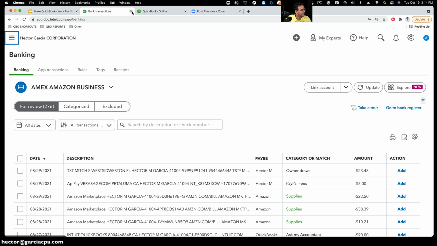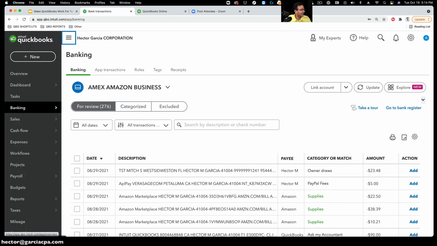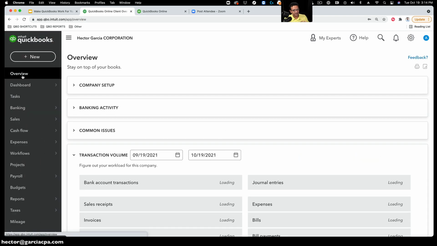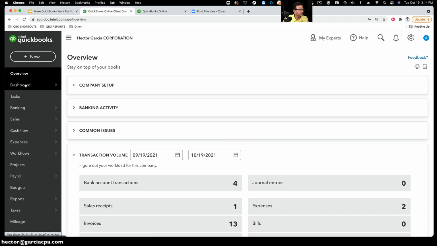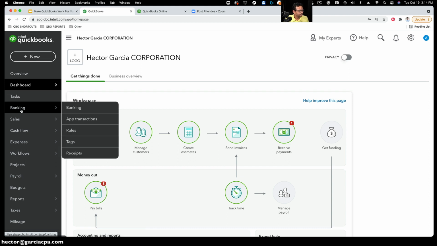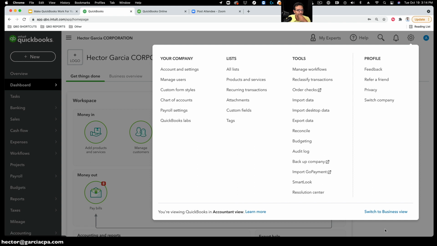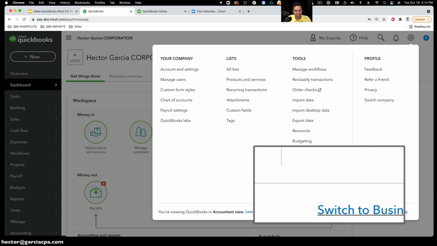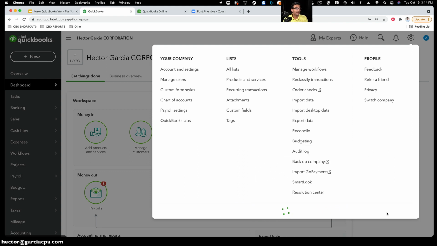So I'm going to go ahead and log into my QuickBooks Online, and I'm logged into a QuickBooks Online test file that I use to do demonstrations. This is what QuickBooks Online looks like if you've never seen it before. When you go into banking, and actually, I do want to mention one more thing. Here in the gear menu, there's something called Business View and Accountant View. And I do want to mention this because